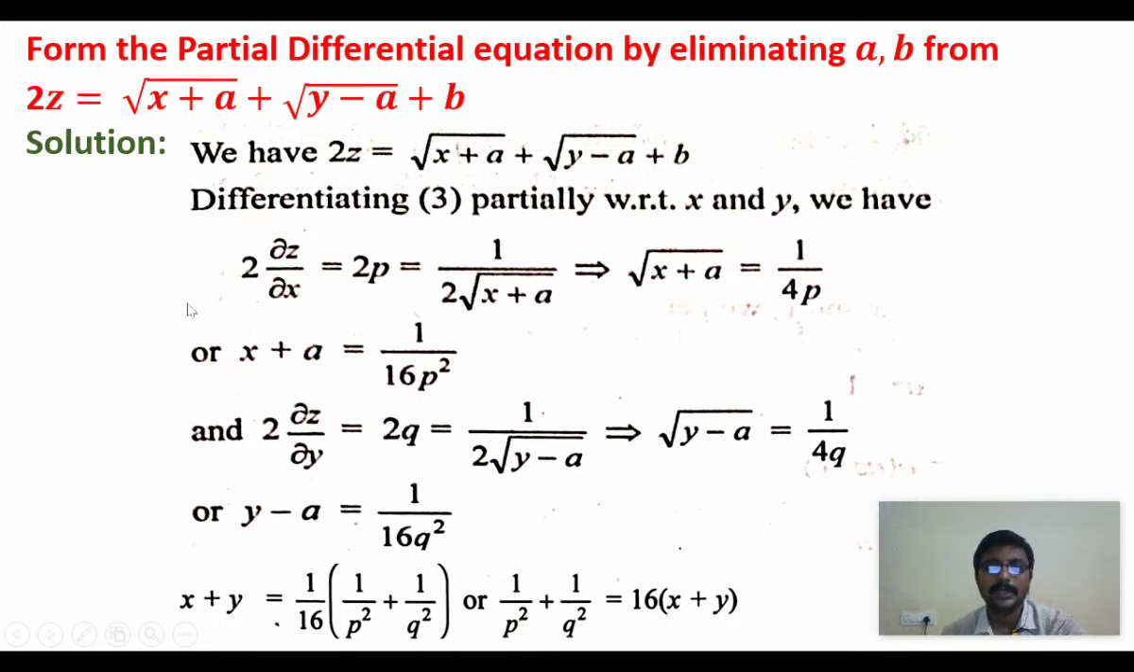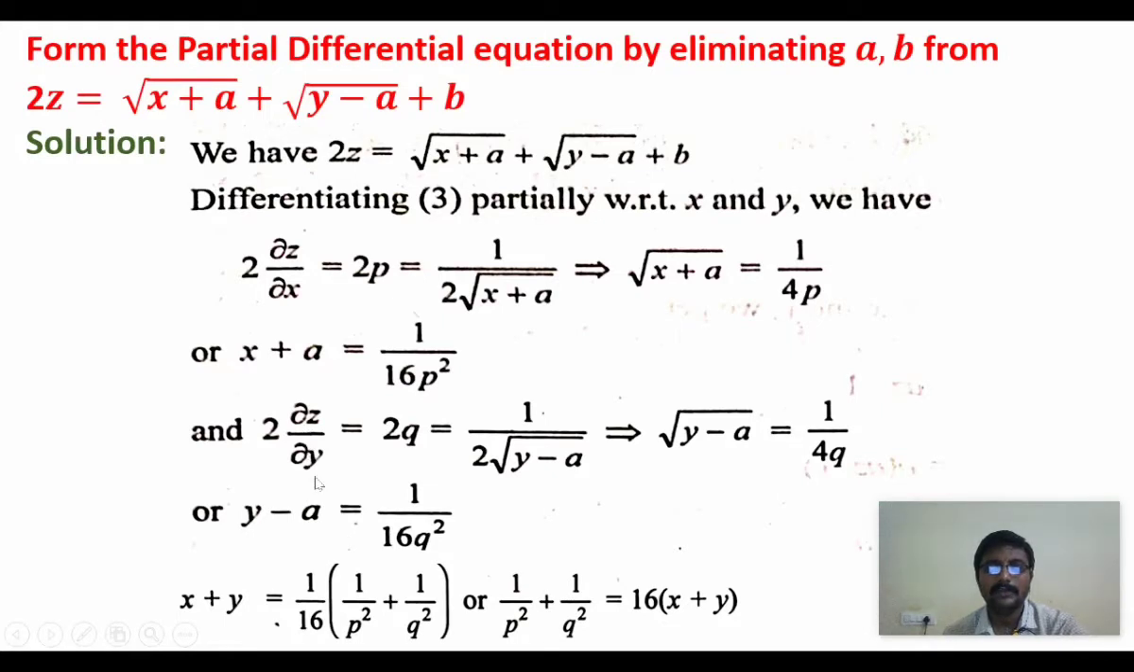On squaring both sides we will get x plus a is (1 by 4p) whole square, that means 1 by 16p square. So it is the value of x plus a. Similarly we can find the value of y minus a, so that is 1 by 16q square. Now